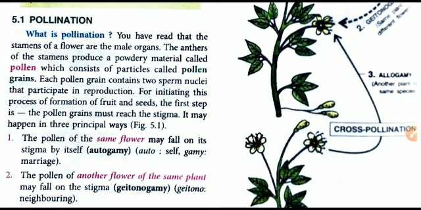So the reproduction begins with pollination. For reproduction to take place, the male gamete, that is the pollen grains in the case of plants, has to be transferred to the female reproductive structure in the flower, that is, the gynoecium. So from the androecium, the male organ, pollen grains are released, and those pollen grains have to be transferred to the female organ, that is the gynoecium. This transferring of the pollen grains or the male gametes is called pollination.